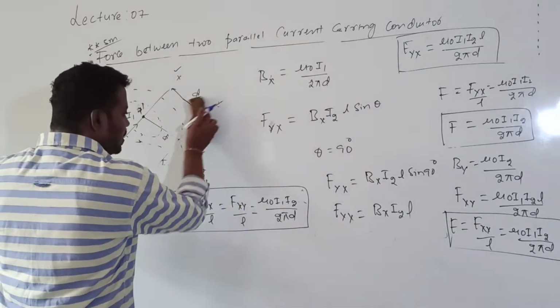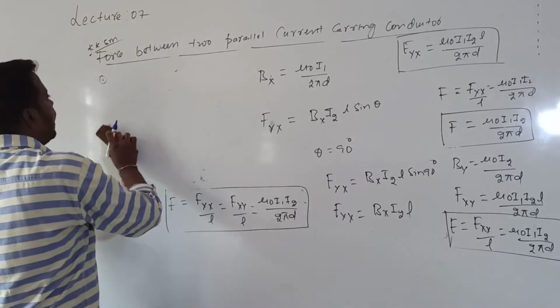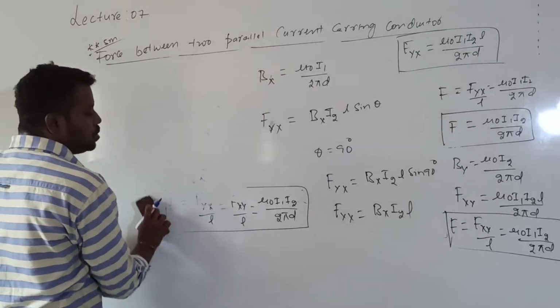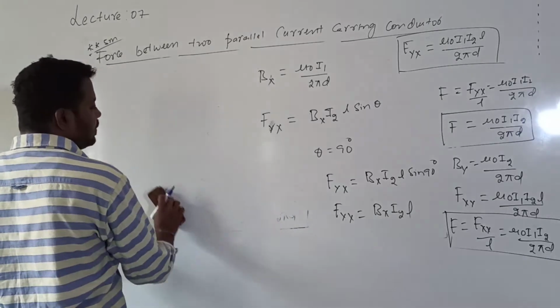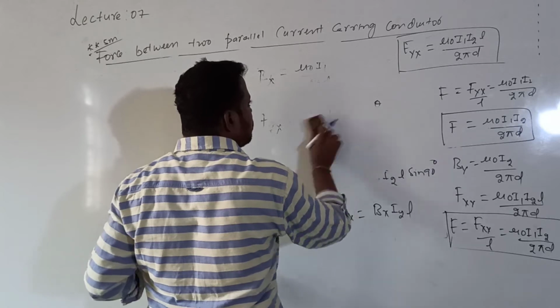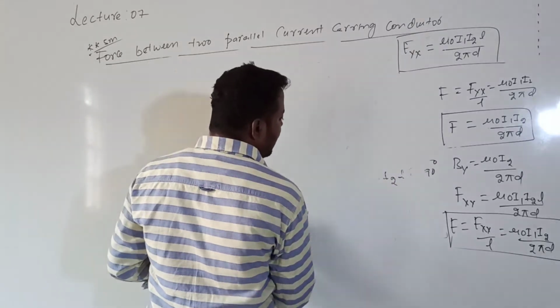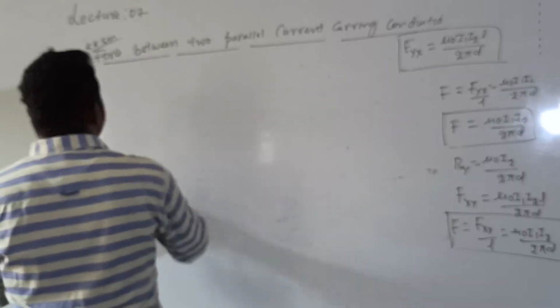So after completion, even in this question also, for 5 marks, if they are given, along with the derivation they used to ask, define ampere. Obtain the expression for force between the two parallel current carrying conductors. After completion, they will ask, define ampere.